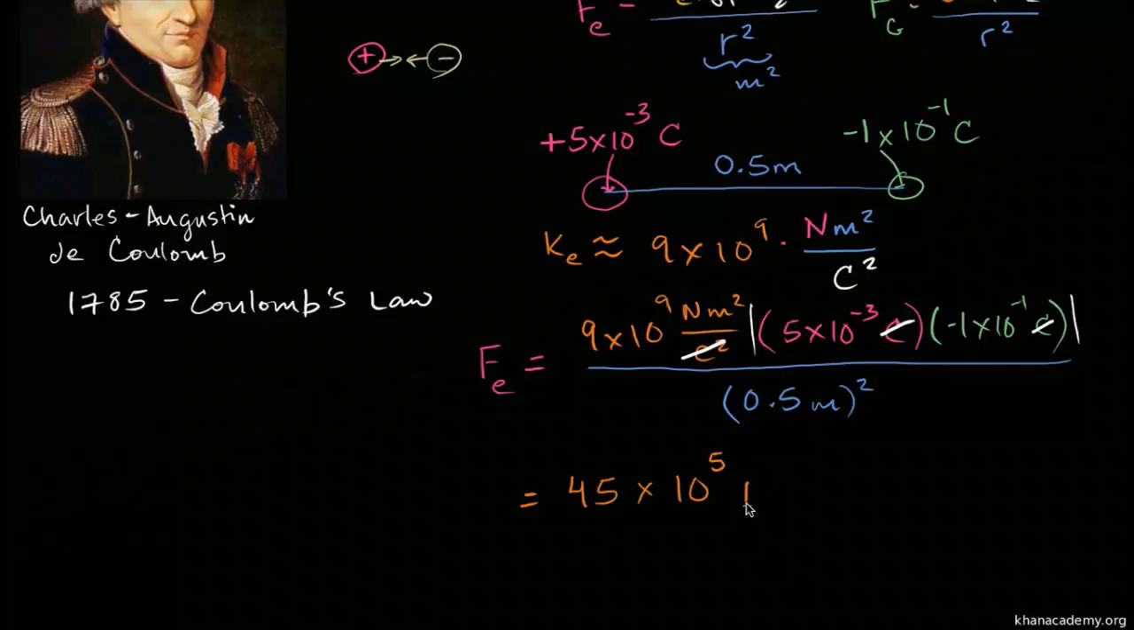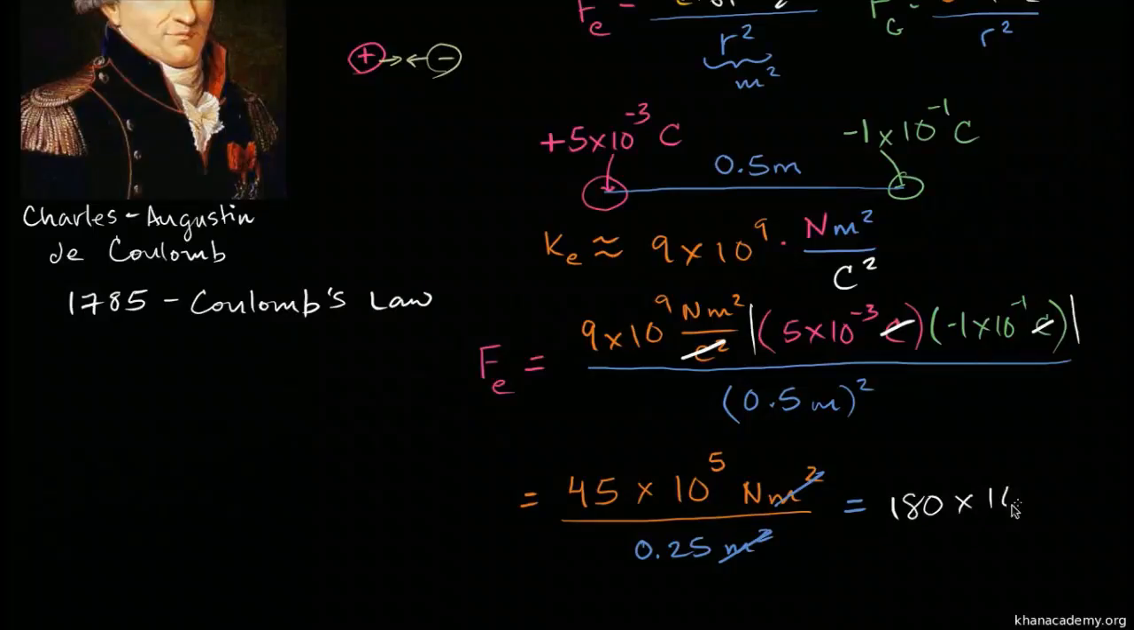And we're going to have newton meter squared over 0.25 meter squared. These cancel. And so we are left with, well, if you divide by 0.25, that's the same thing as dividing by 1/4, which is the same thing as multiplying by 4. So if you multiply this times 4, 45 times 4 is 160 plus 20, which is equal to 180 times 10 to the 5th newtons. And if we wanted to write it in scientific notation, well, we could divide this by 100 and then multiply this by 100. And so you could write this as 1.80